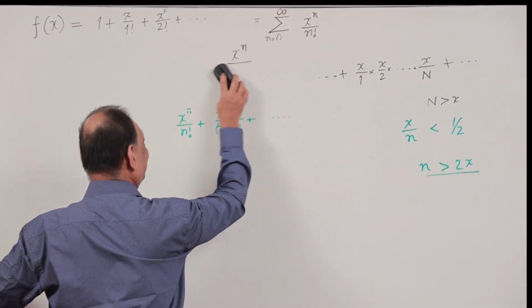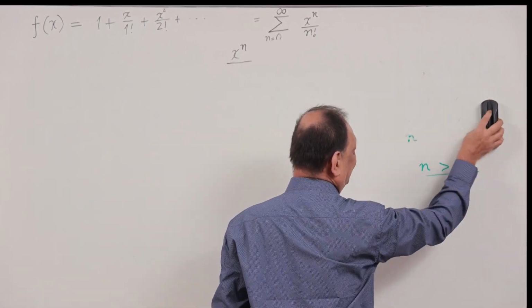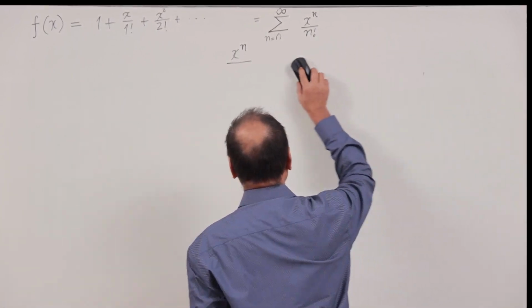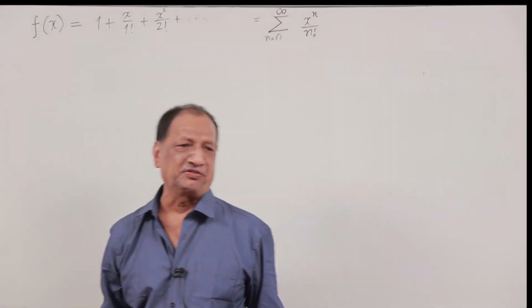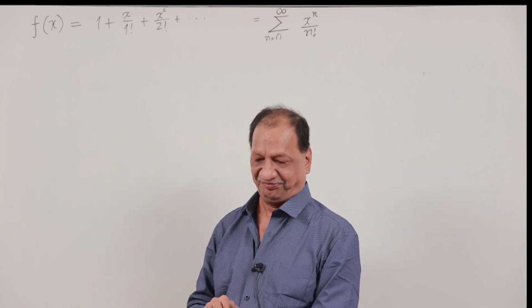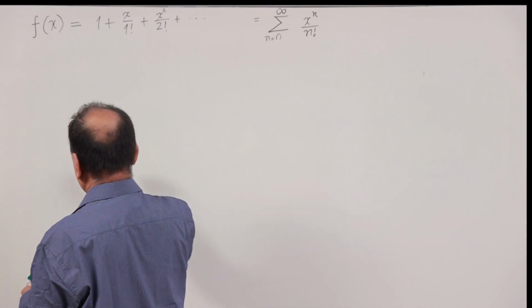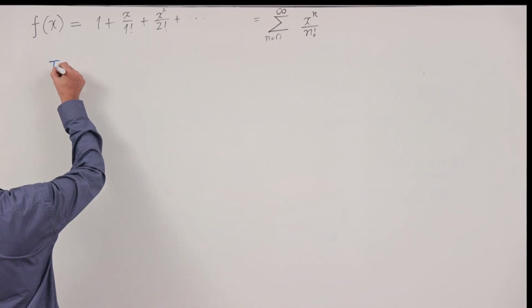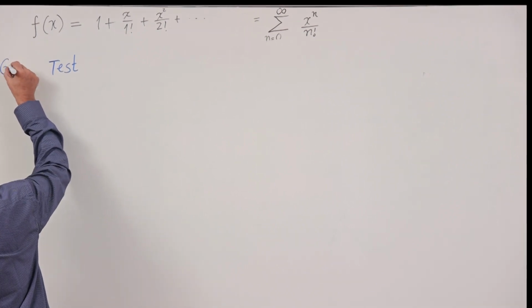Our initial test itself is not necessarily a good test. I'm saying we have already seen that an individual term going to 0 does not necessarily prove that the series is convergent. The harmonic series was divergent. So that test actually failed. You understand? So that means when you give a test